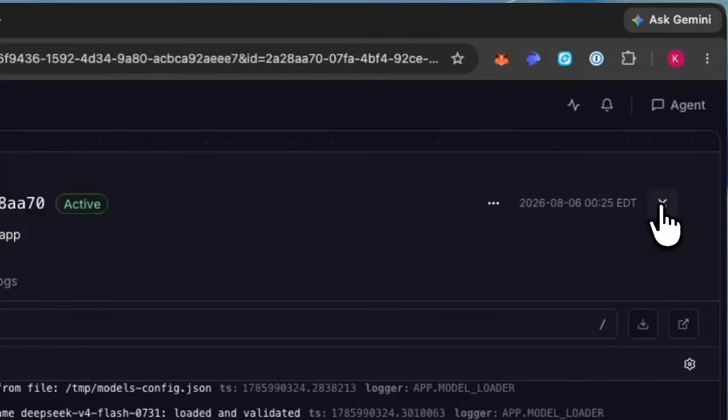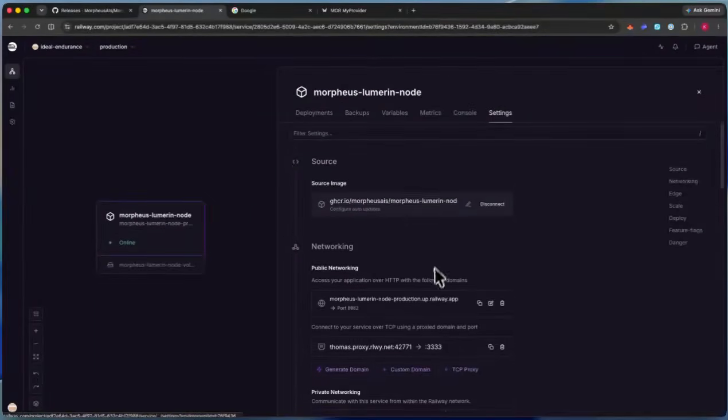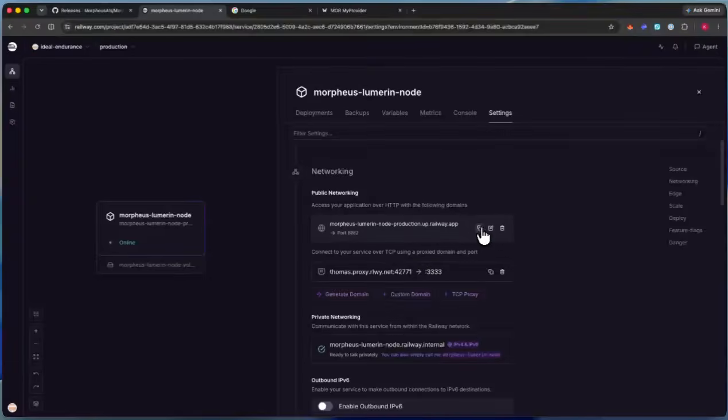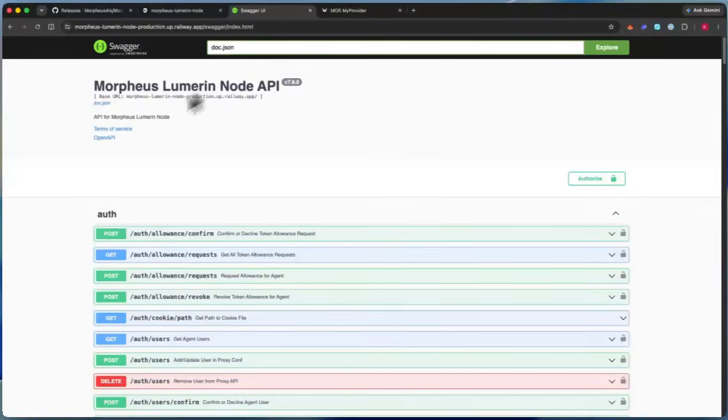We're good here, but now we need to connect it to the system. So the first thing that we could actually do, which is a good test, is let's just copy this, and then we're going to type it in here just to make sure it's reachable by the internet. And now we see that it is, so we're okay. So now we're going to go to